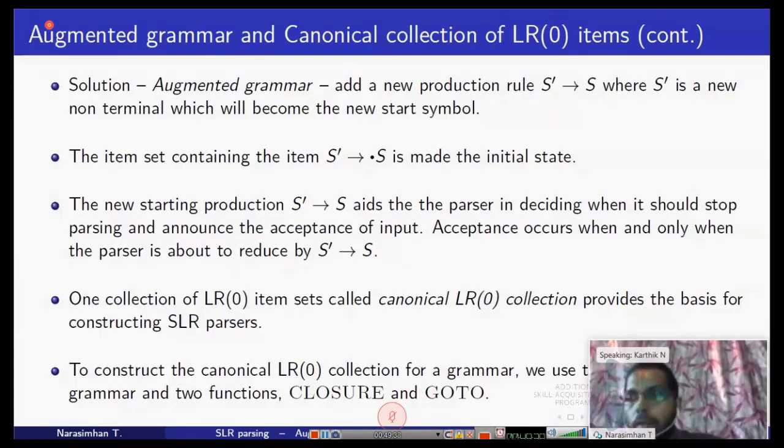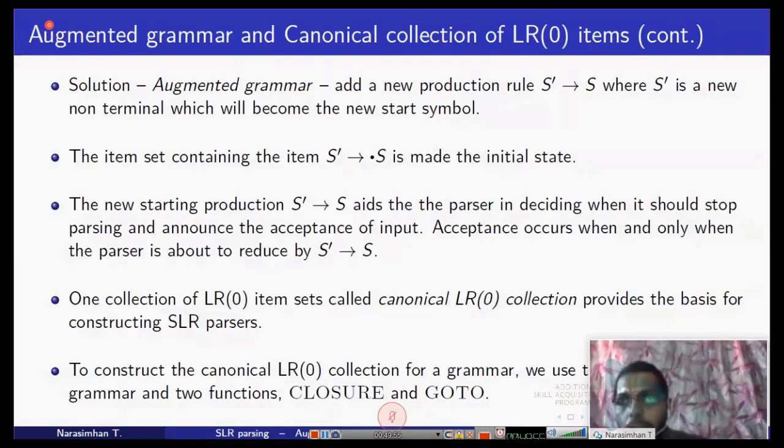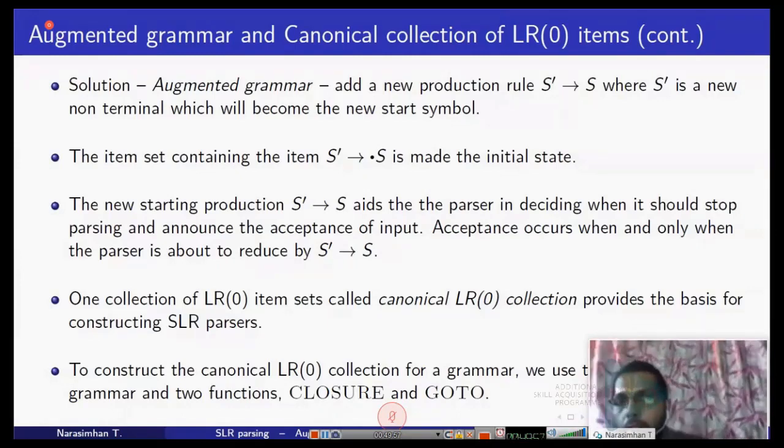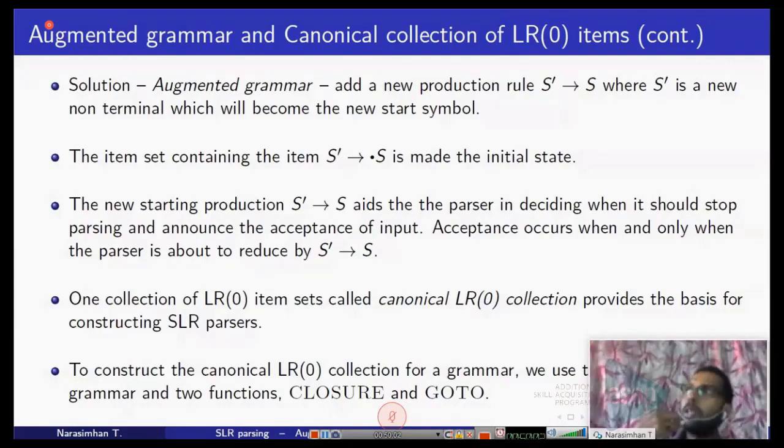So practically, we will move to LALR, which is somewhat an intermediate between SLR and CLR. Among the three methods, SLR is the weakest one. Then you have LALR. Then you have the CLR. This is the increasing order of power. SLR is the weakest, then comes LALR which is intermediate, then comes CLR which is the most powerful. Since it is all powerful, it will be complex. In places where that much complexity is not needed, we will go for LALR, which is some sort of a trade-off between the SLR and CLR.